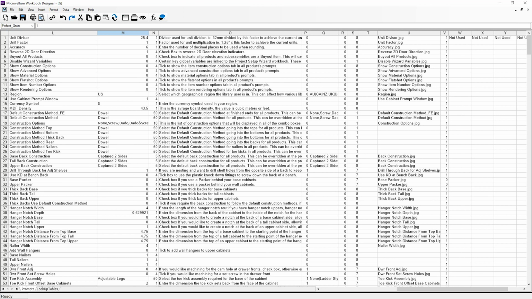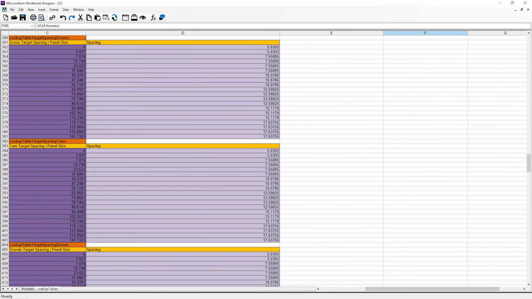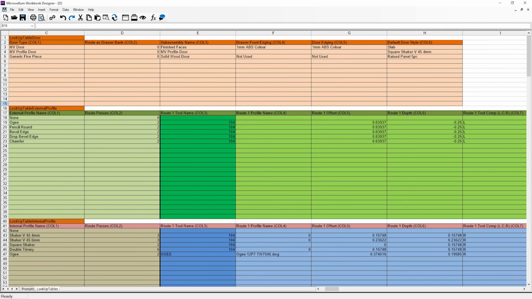The Project Wizard contains variables and settings that are commonly changed per project or even per different materials setup. The Global Variables contain settings that aren't changed as frequently, but also control certain variables and settings for products and subassemblies. The Door Wizard contains variables and settings that are commonly changed when projects have different door